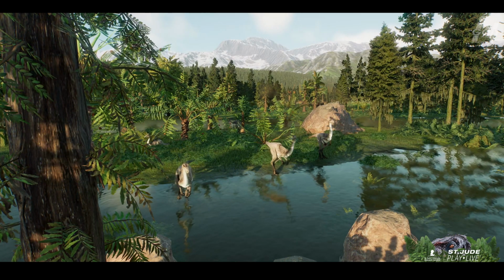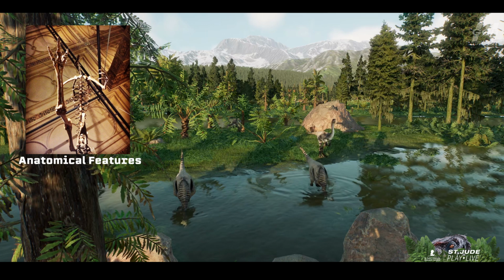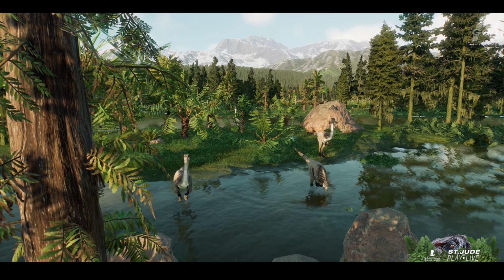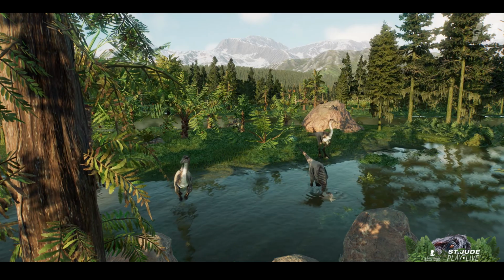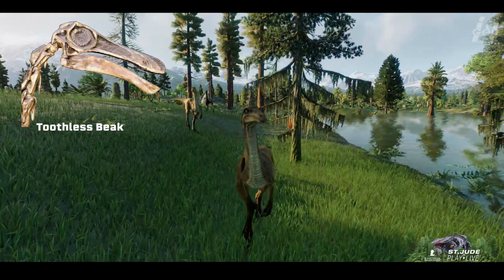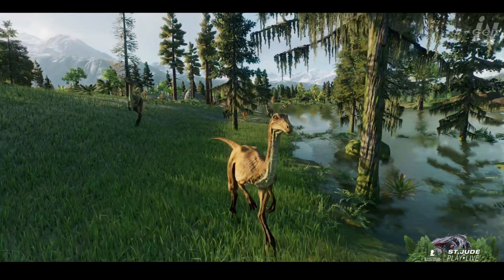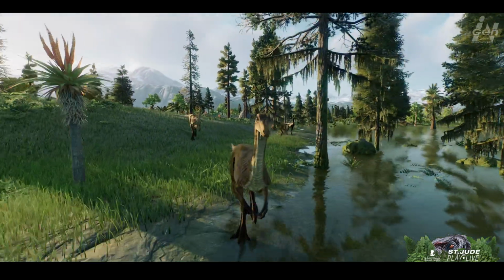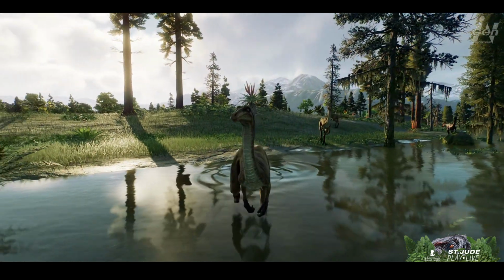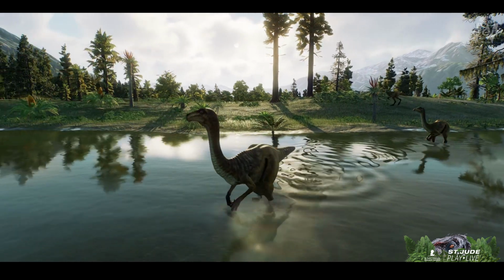One of the enduring mysteries about Gallimimus is its anatomy. With long arms and large claws paired with a toothless beak, paleontologists have debated its diet and lifestyle for years. For a long time, theropod dinosaurs like Gallimimus were assumed to be strictly carnivorous. However, the lack of teeth in ornithomimids suggests a more diverse diet. It's likely that Gallimimus was an omnivore, feeding on a mix of plants, fruits, seeds, insects, and small animals. Its overall form hints at a lifestyle akin to modern emus, grazing on low-lying vegetation and opportunistically snacking on whatever